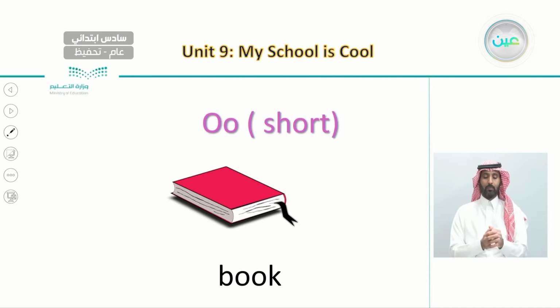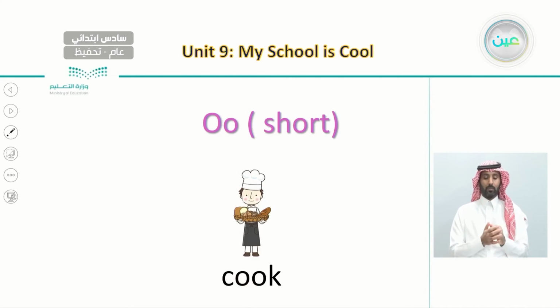Now, here we're going to talk about the two O's, but in a short form. For example, book. You see here the word book with two O's, but they are the short O's. Book. The same as cook. Cook. This is also a word with the short O's. Now we have other words with the long O's, like